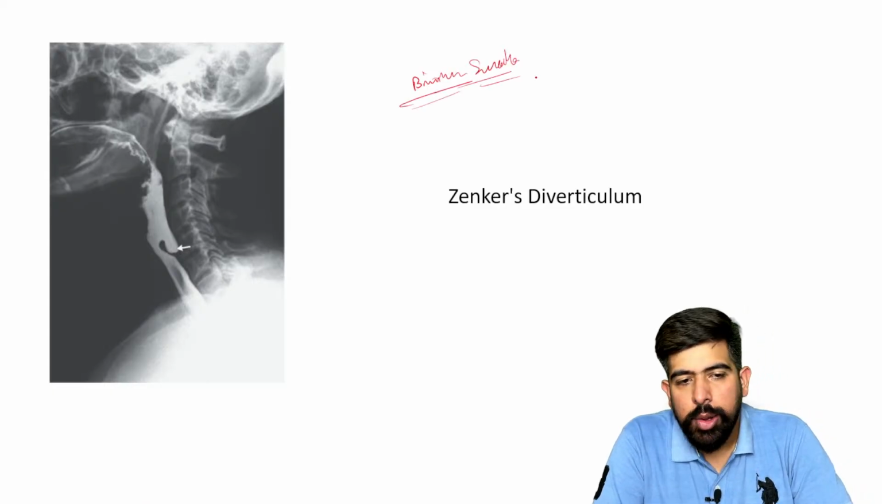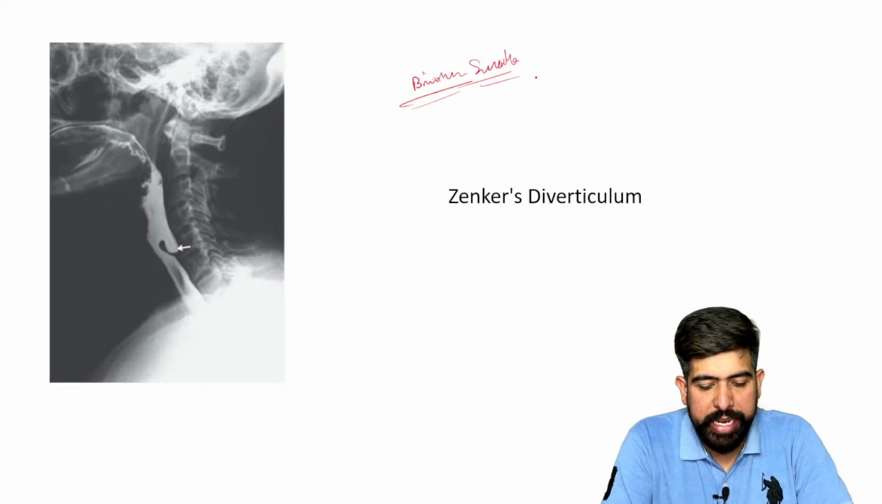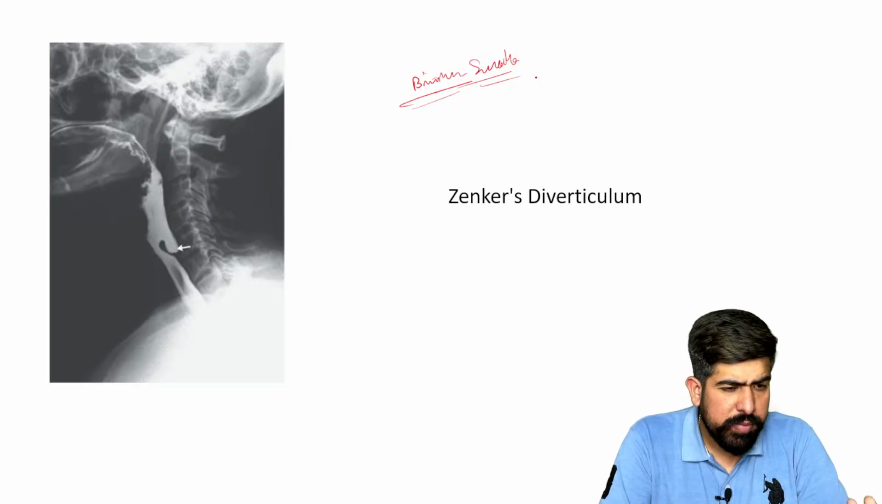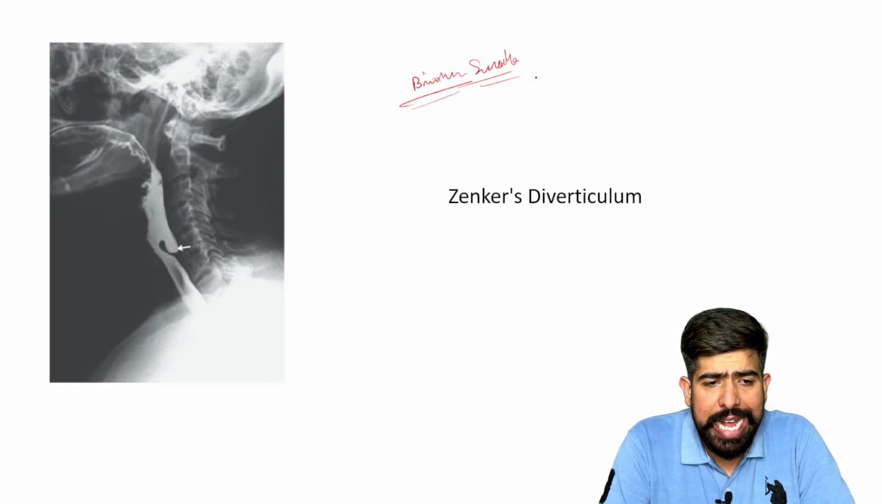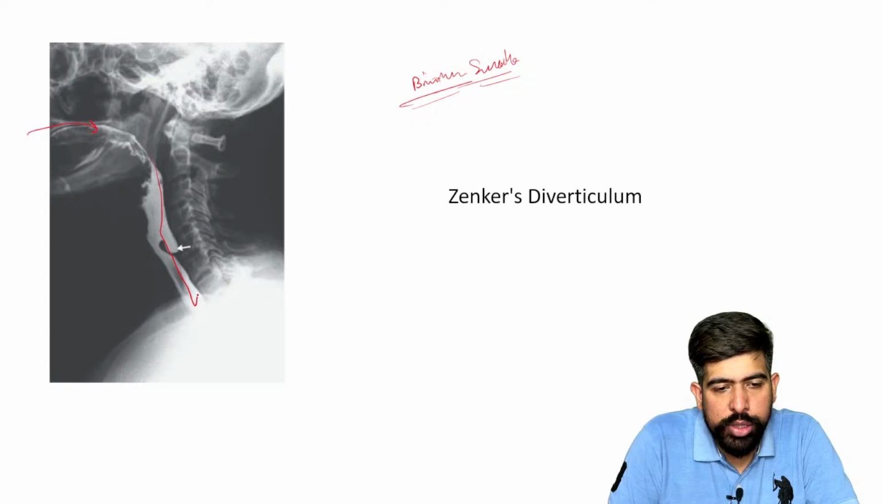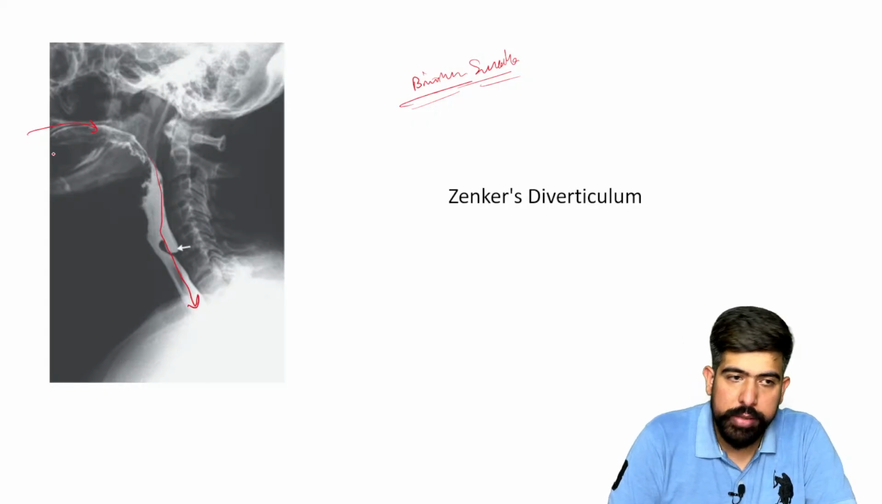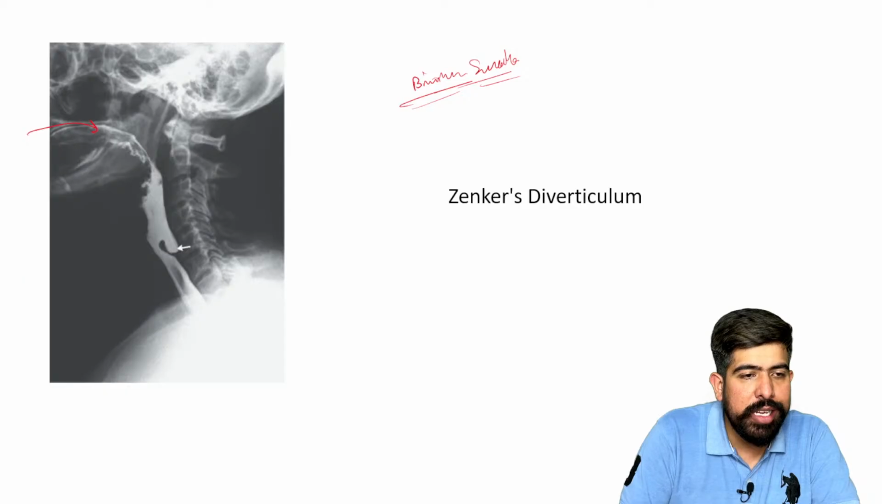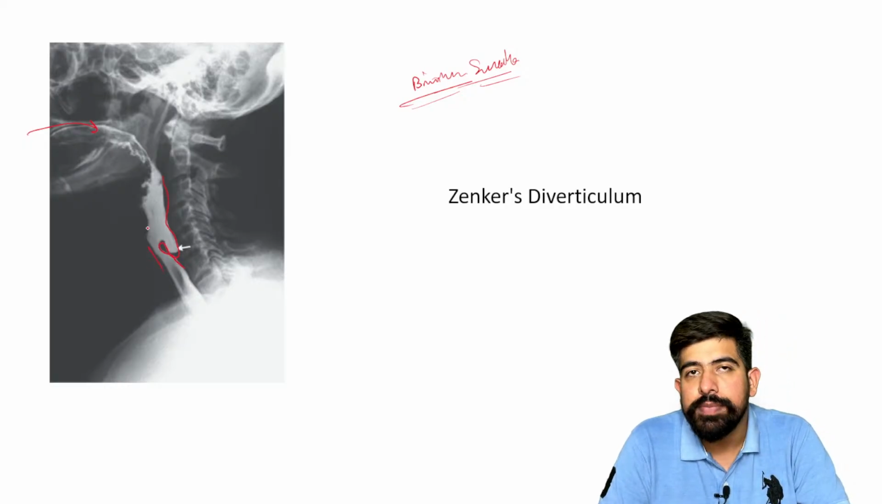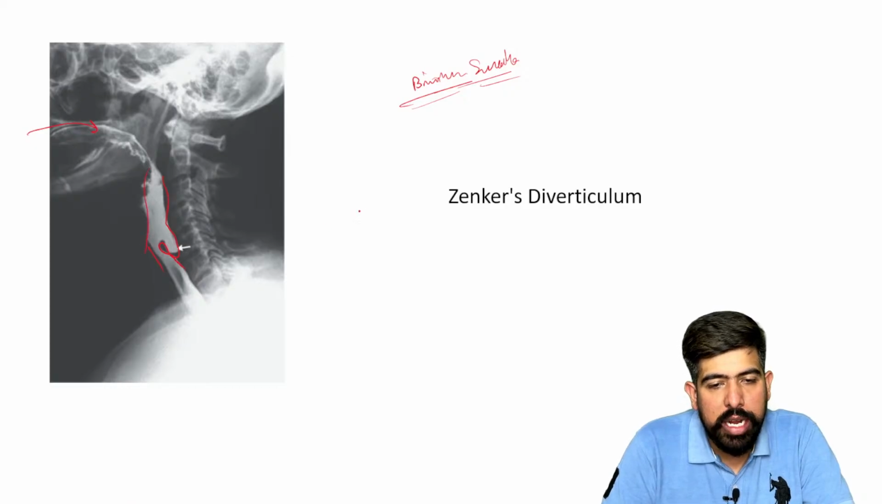What we are doing in this condition is giving the patient barium, and after the patient drinks this barium, we take an X-ray of the patient. You can see the barium should go downwards through the esophagus, but there is an abnormal thing seen here. At the start of the esophagus, we can see this outpouching, and this outpouching is known as